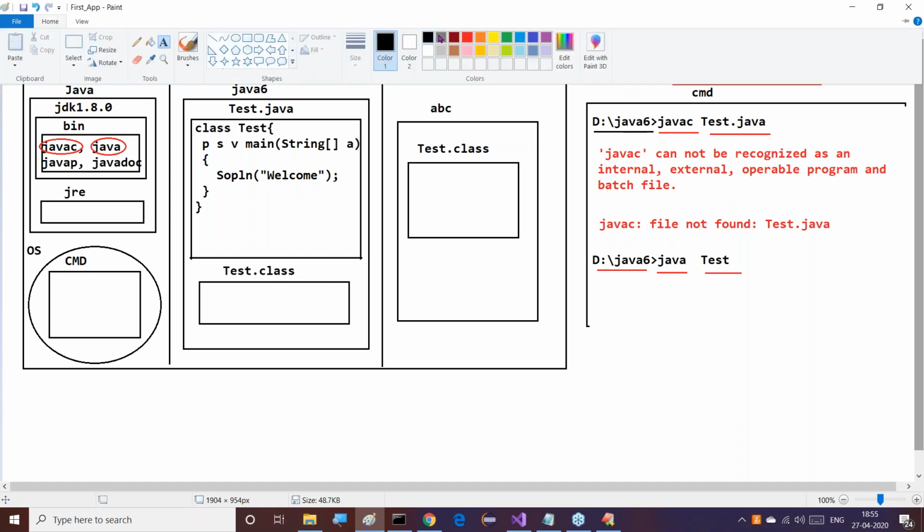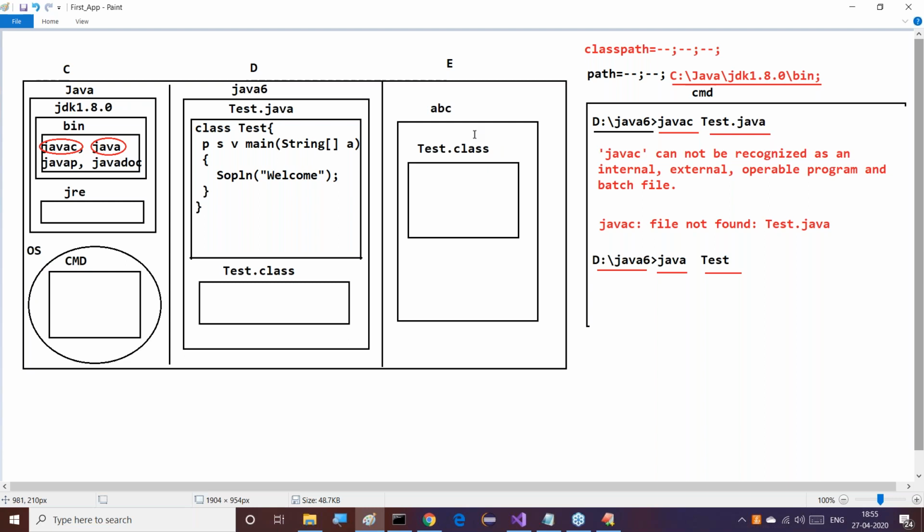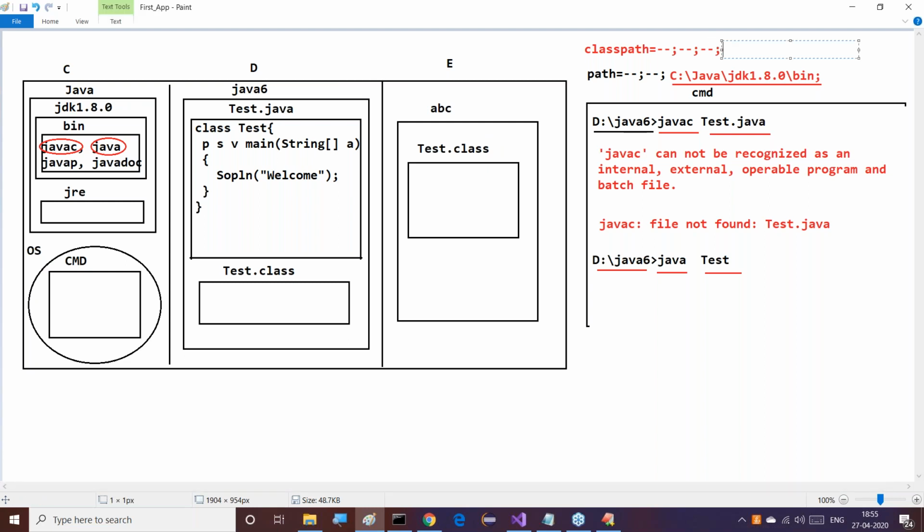But in this particular situation, to make these .class files available to the compiler and JVM, we have to set the class path environment variable to this E:/ABC location. Just by providing this E:/ABC, we are giving an intimation to the compiler and the JVM: you require the tested.class file, but don't search at other locations, directly come to this location, E:/ABC. Like that, we are giving an intimation to the JVM by setting this class path environment variable.